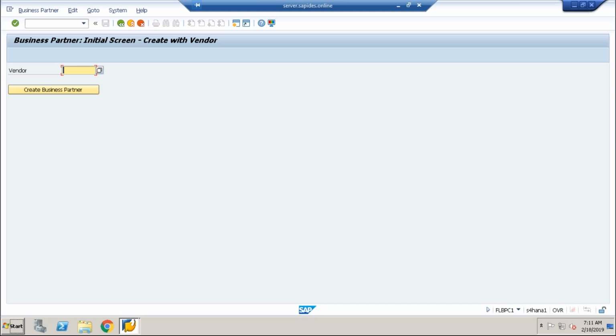I cannot create a sales order with the same number as a purchase order. That will lead to a lot of inconsistencies in the system. That's the reason such provisions are not possible.